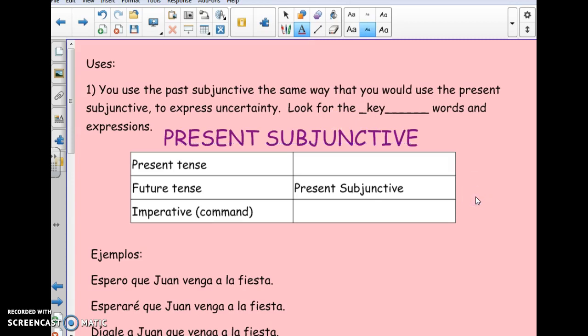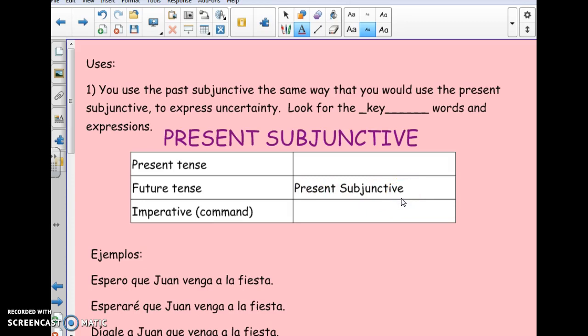Remember, those keywords and expressions are going to be things like I hope that, I doubt that, I am happy that, things like that. So last year in Spanish 4, when you did the present subjunctive, you used the present tense, the future tense, or a command at the beginning of your sentence. So it could be a simple sentence like, I hope that it doesn't rain today. The I hope that part was in the present tense,